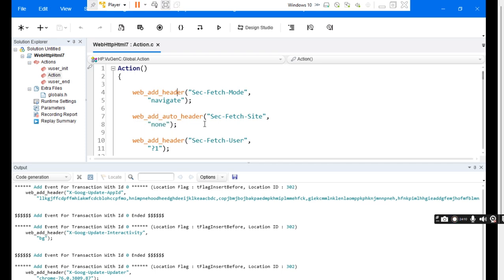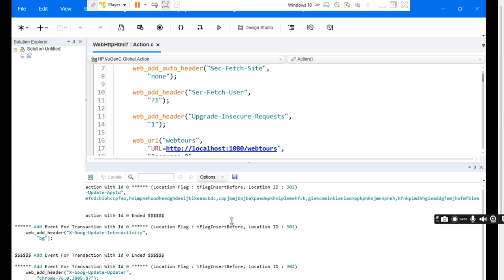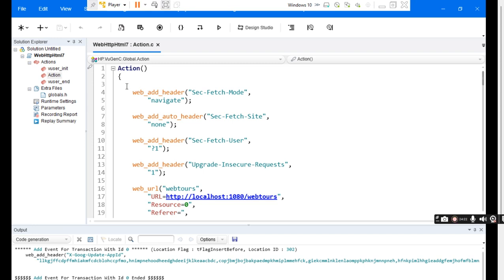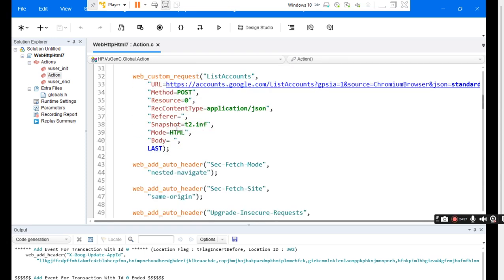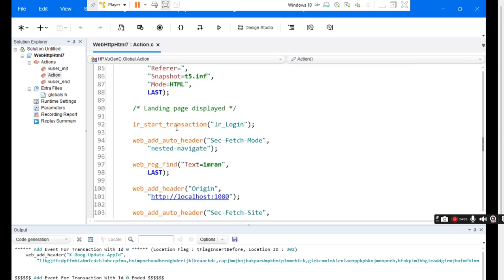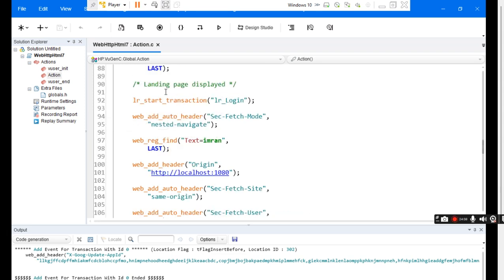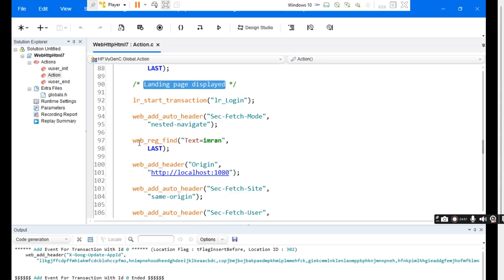So this is the script. This is the VuGen script. The code is recorded under Action, and these are the codes, and the codes are in C programming. These are the codes. When I was recording, I specified the comment, that is landing page displayed, that showed up here, and the checkpoint showed up here,